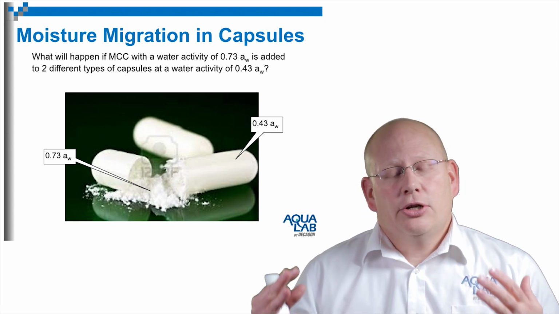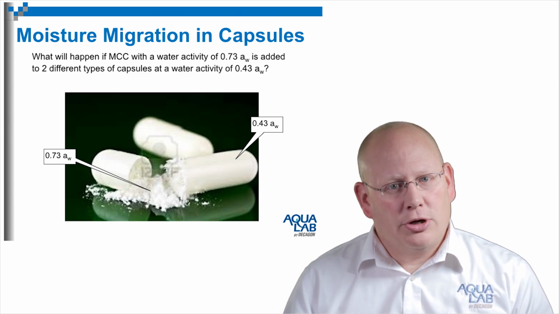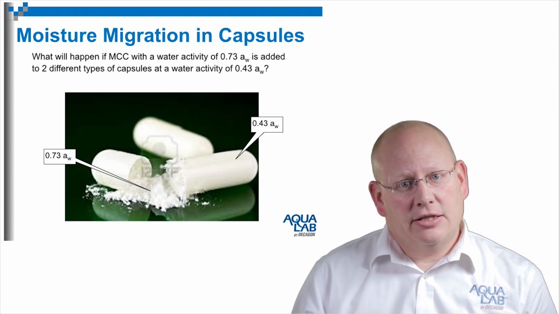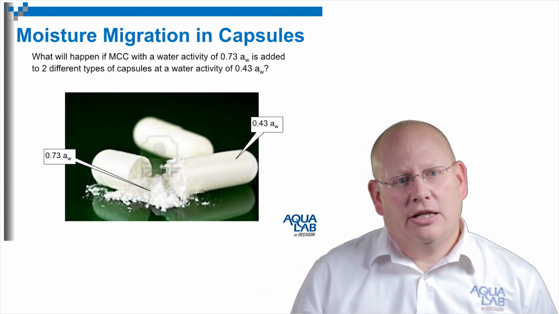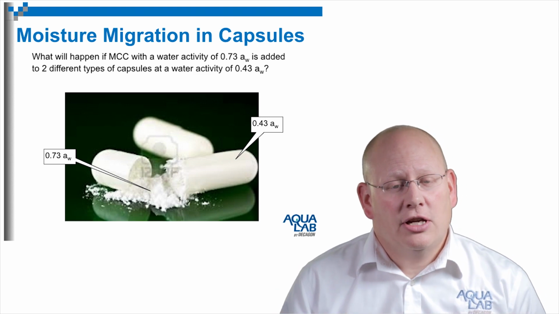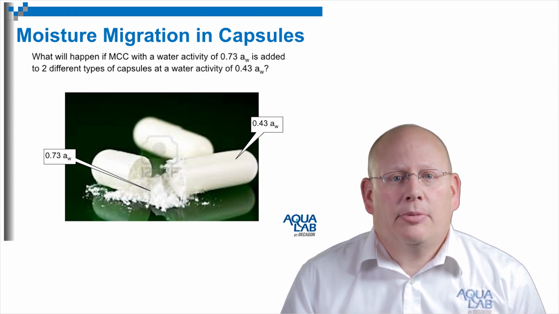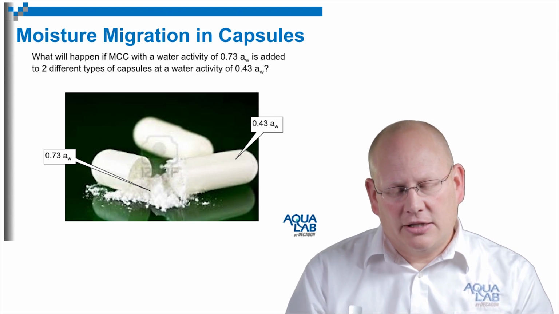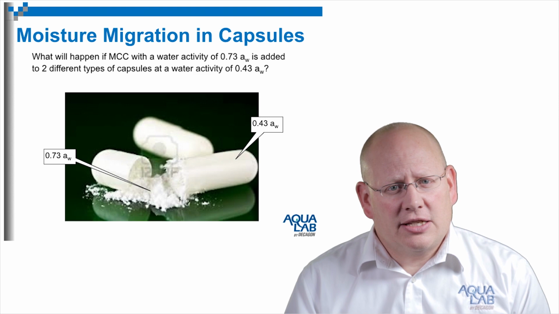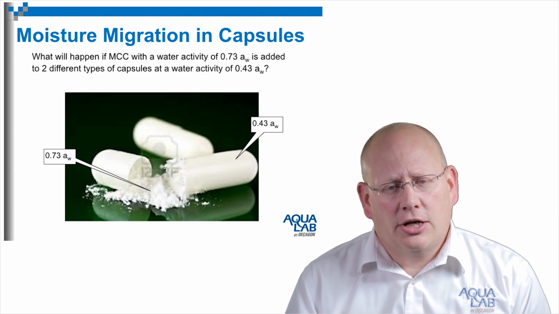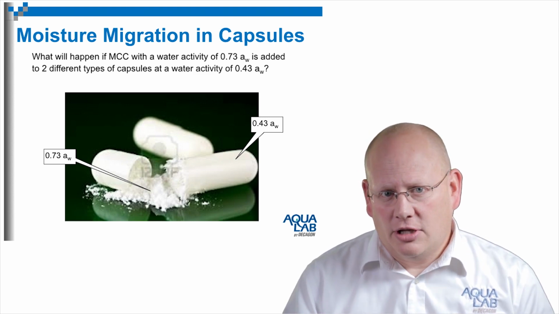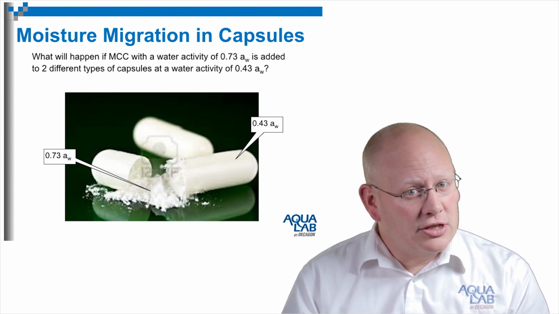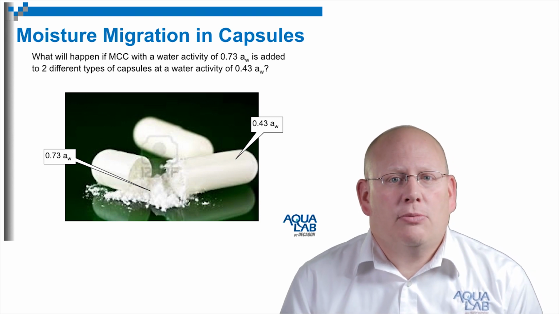And this is critical. You cannot prevent moisture migration by matching moisture contents because at a given moisture content, the capsule and the ingredients inside will not be at the same water activity. They have to have their water activities matched in order to prevent moisture migration from happening. And so if you want to create some sort of a capsule with a medicine inside of it that is going to be stable and not experience any kind of moisture migration, then you have to manufacture them so that they have the same water activity and check what those water activities are. And then if they're at the same water activity, then they'll remain stable and there won't be any moisture migration